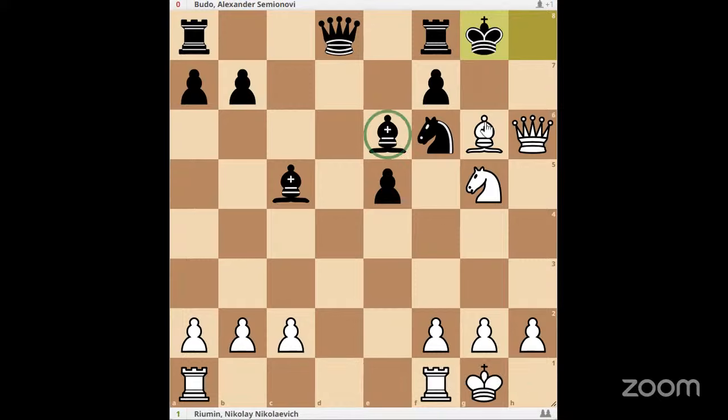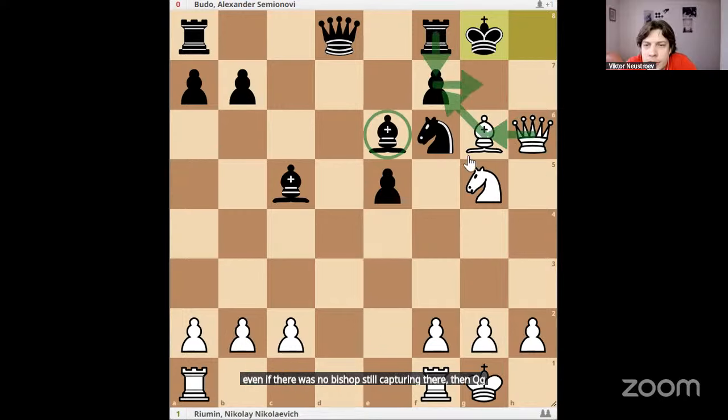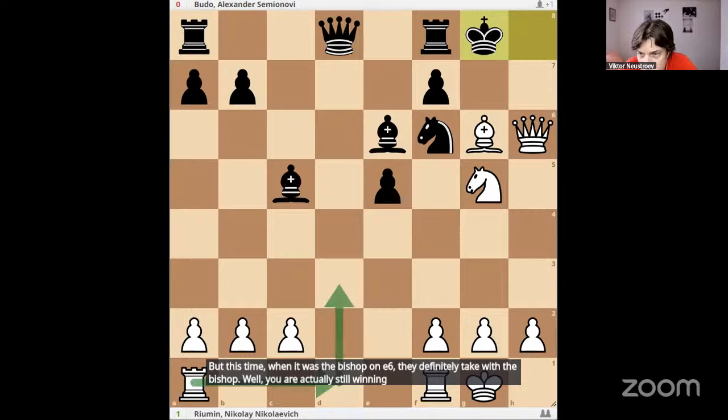Even if there was no bishop still capturing there, then queen g6, but rook g7. But this time, with the bishop on e6, they definitely take with the bishop. Well, you are actually still winning with rook d1, rook d3, but